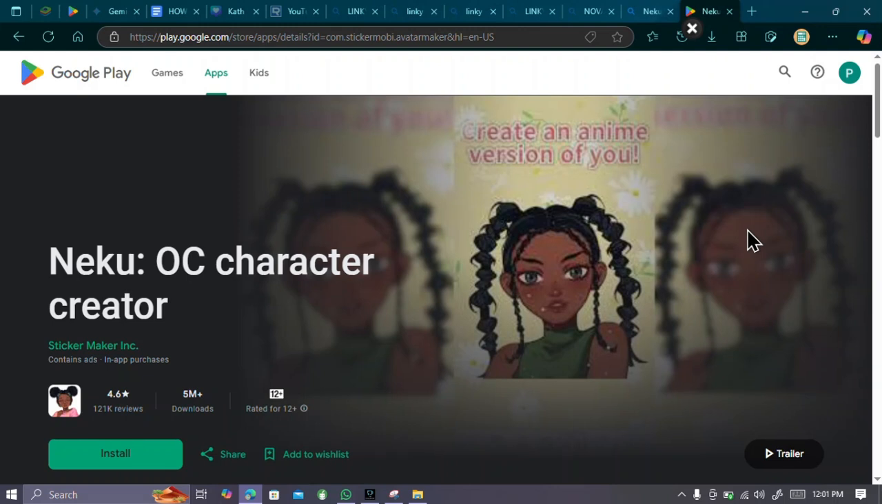In today's video, I'm going to walk you through the Neku app, which is used for creating original characters or avatars or stickers. So the Neku app is used to make avatar stickers. It can also be used to make original characters. It is primarily designed for mobile devices, iOS and Android. However, you can still create avatars using Neku on your PC by emulating a mobile environment, and here's how you